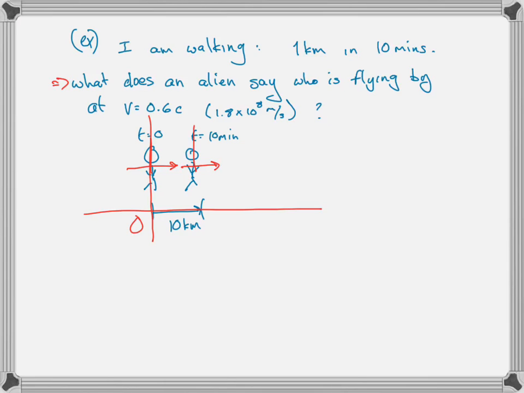I don't know because I don't speak alien. No, that isn't what I meant. What I meant is, if according to the Earth's frame of reference, delta x is 1 kilometer and delta t is 10 minutes, then what does the alien think is delta x prime and delta t prime according to them? Whoops, not delta t, delta t prime, according to the alien.